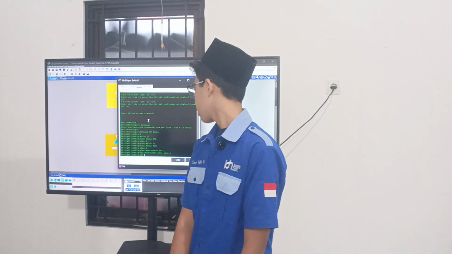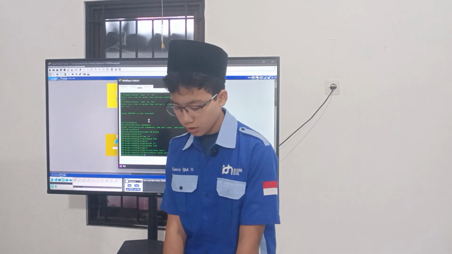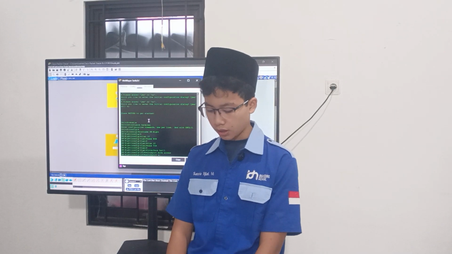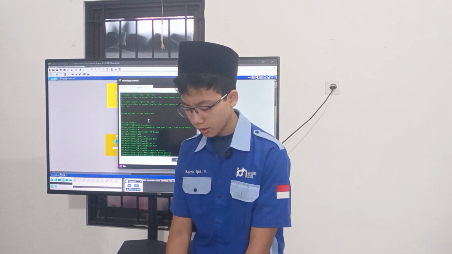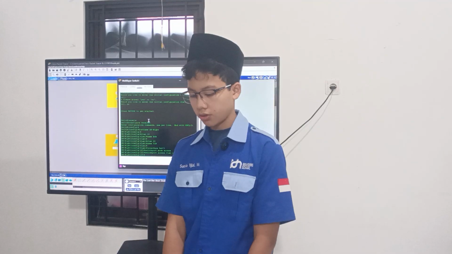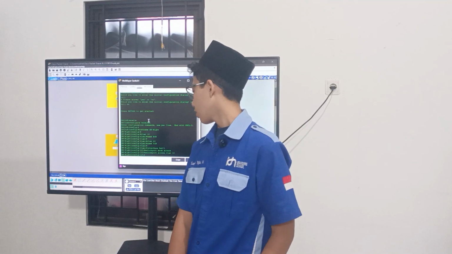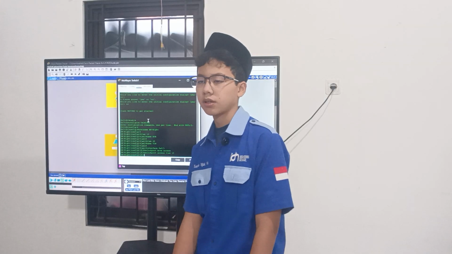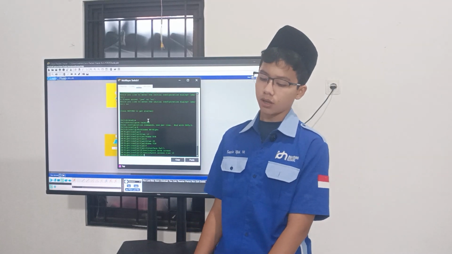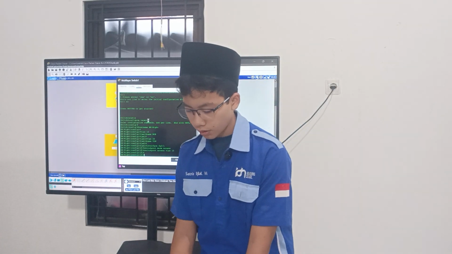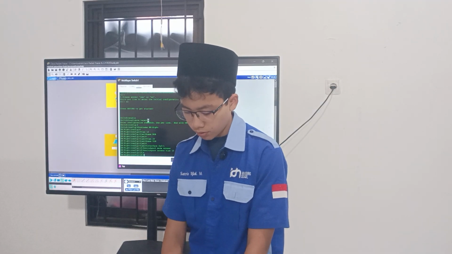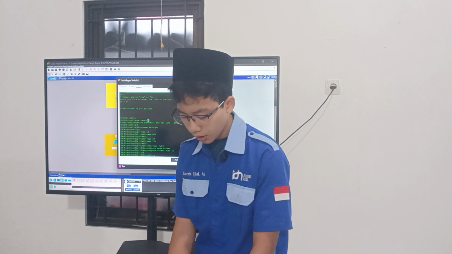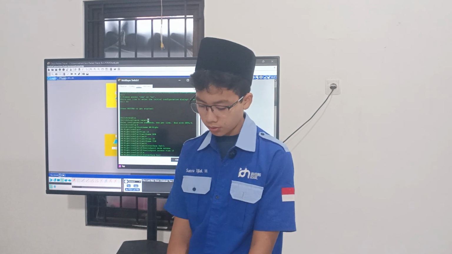So the switch port is on access mode, and then you type in switchport access vlan 10. So the switch port only accesses VLAN 10, not any other VLAN, because there are 2 VLANs in the multi-layer switch.